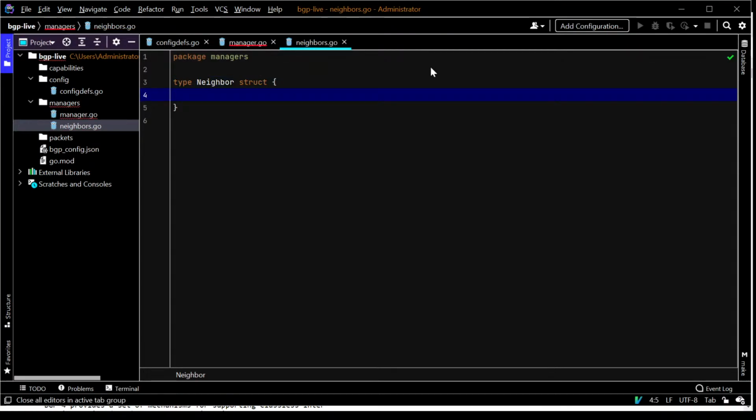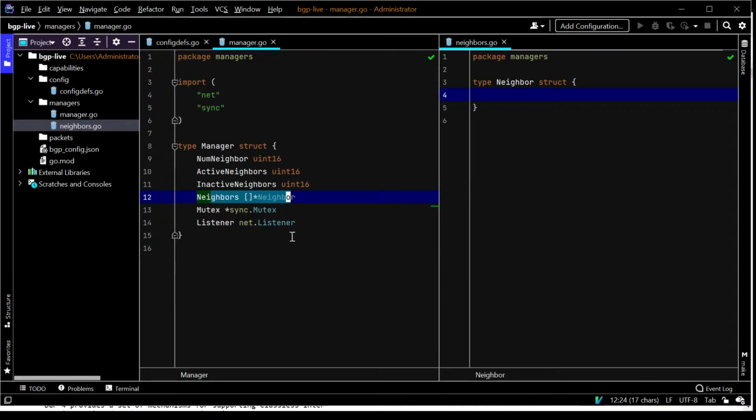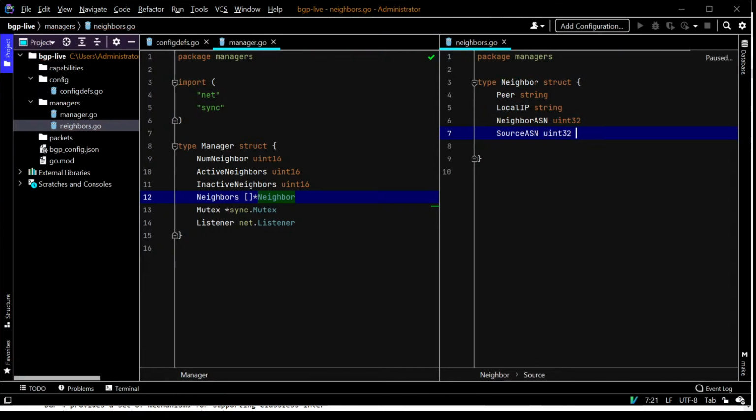Now I'm going to split and move right so that you can see that's what it's coming from. So that's the structure that I'm going to be creating. I've got my peer, which is my neighbor effectively. I've got my local IP, which is going to be a string, my neighbor ASN, my source ASN, keep alive time. So a lot of this we'll see kind of matches what's in that config,